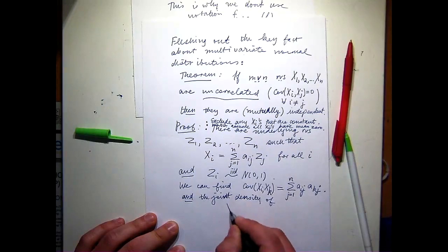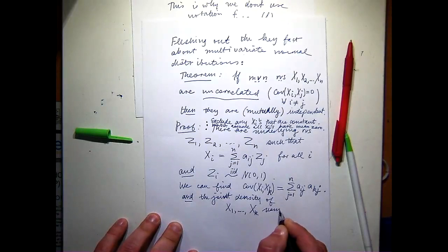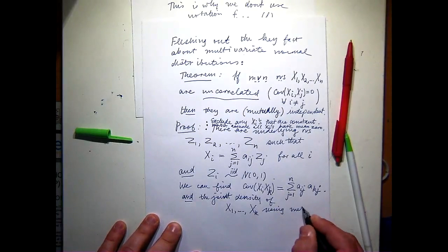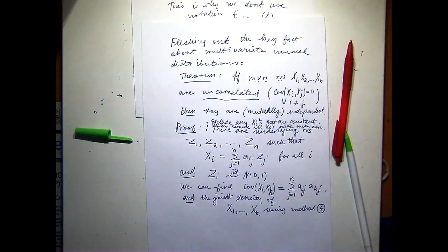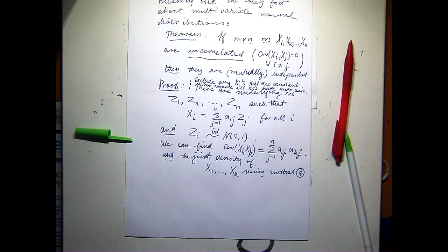But not only can we find that, we can also find the joint density of x1 up to xk using, I can keep calling it method 4, which is obviously not something that extends beyond this course, but I called it method 4 at the time. This is the Jacobian transformation. This is what happened when we talked about a multivariate transformation, and the key thing is that